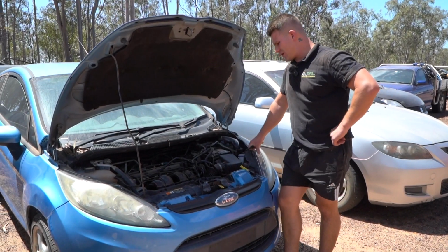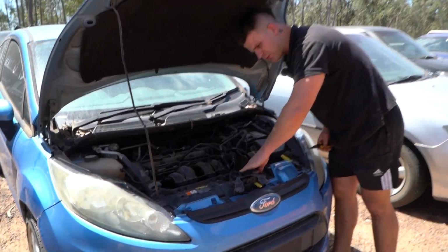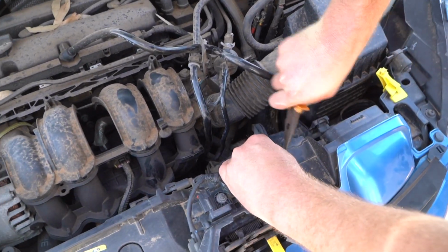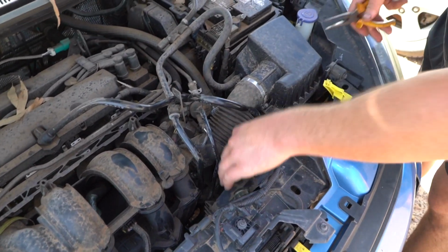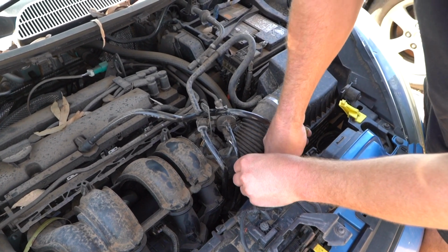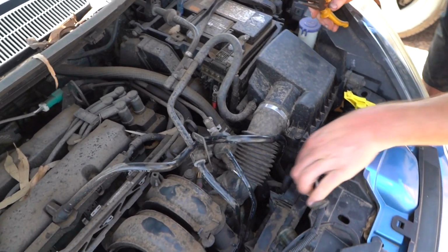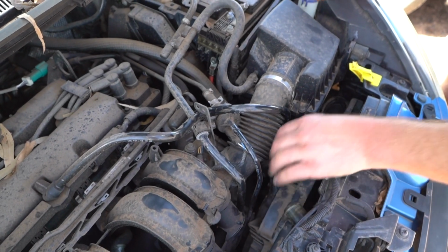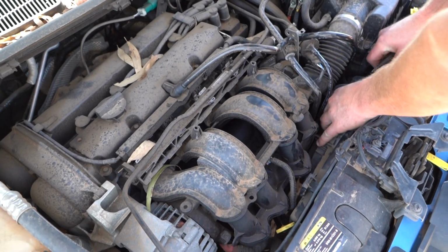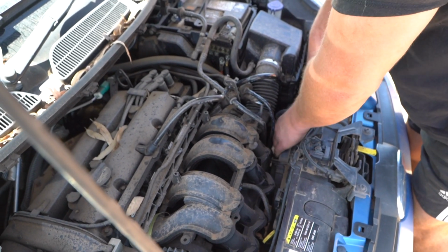Alrighty guys, so upon further investigation, I've realized it needs to come out through the bottom. So if you just come over here, to do that, it's going to go straight out the bottom, right? But you're still going to need to, this little cable is going to have to come off this fan at one point. So just grab it and basically unclip it off the fan shroud. That way, when we are underneath the car, this little cable is just hanging there. Now, because we've done these little plastic trim clips, that means basically it can now go down. I just want to see if I can get it moving before we...